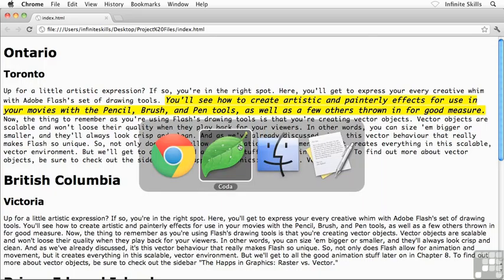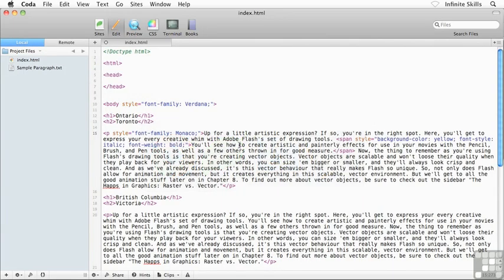I'm going to flip back over to my code here. I'm going to start off by throwing in a font size for the first paragraph, the paragraph that we designated as Monaco. So I'm going to have to throw an extra property into the inline CSS that I see inside the opening paragraph tag. I will drop my cursor after the ending semicolon there, after Monaco, throw in a space, and then I'm going to throw in the property